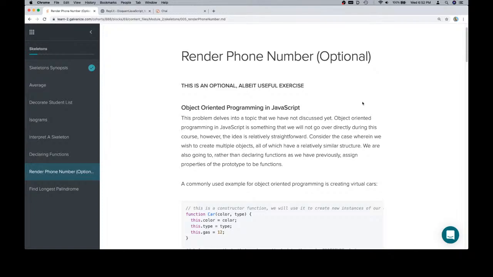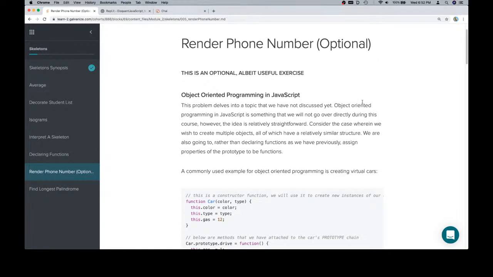But object-oriented programming in JavaScript. This program delves into a topic that we have not discussed yet. Oh boy. Object-oriented programming in JavaScript is something that we will not go over directly during this course. However, the idea is relatively straightforward. Not really. Consider the case wherein we wish to create multiple objects, all of which have a relatively similar structure. We are also going to, rather than declaring functions that we have previously, assign properties of the prototype to be